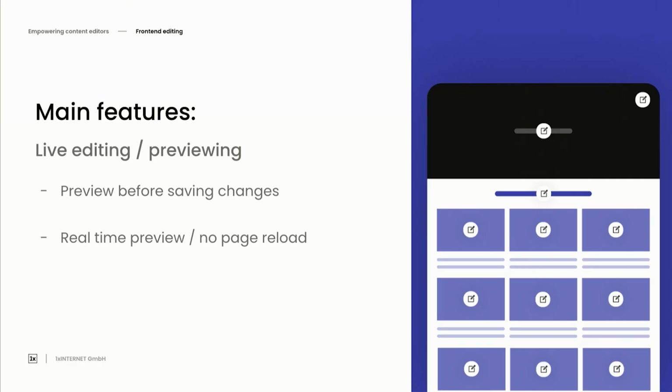Obviously, as we also saw, another feature of the front-end editing module is we can actually get a preview in real time of the changes we are making, really be able to visualize these adjustments without a page reload, without having to visualize in our head or make a safe estimate of what our changes actually look like before we publish and save them. So you can really just see everything right there on that content page.